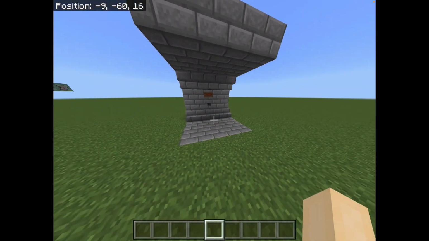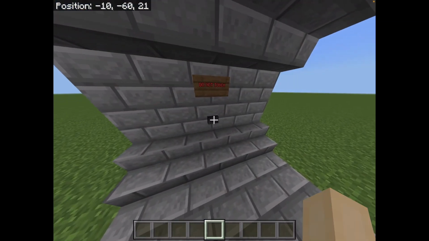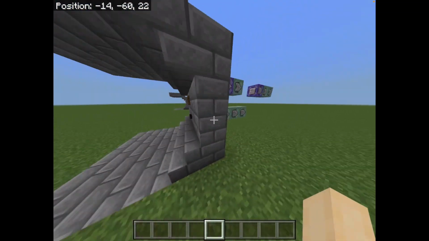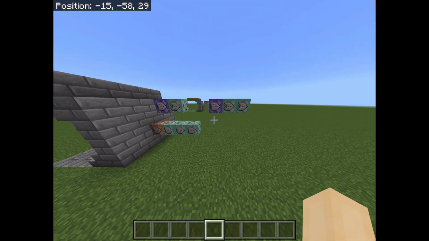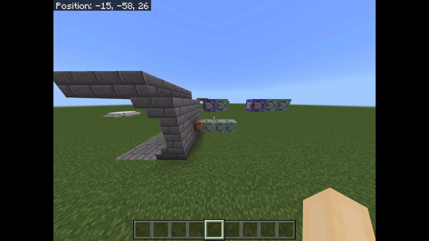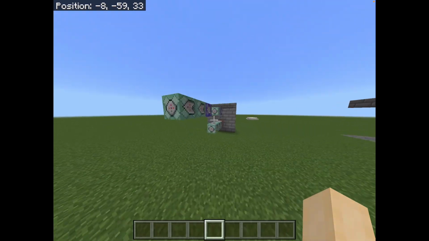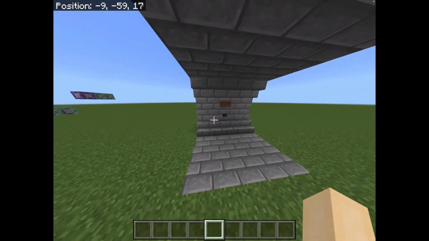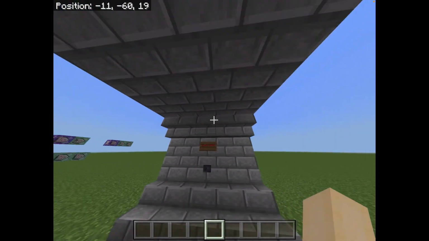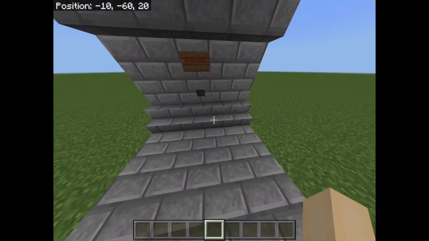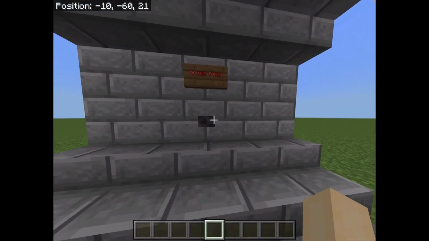So the first thing you're going to want to do is make the thing that activates it. Make sure that you have enough space in the back. This is 8 blocks. I believe that is 8 blocks in length. It's obviously just 1 block wide, and it's 3 blocks tall. So make sure that you have enough space, and then make the button that activates it. So I've made this little area right here, like a little stone building, and then